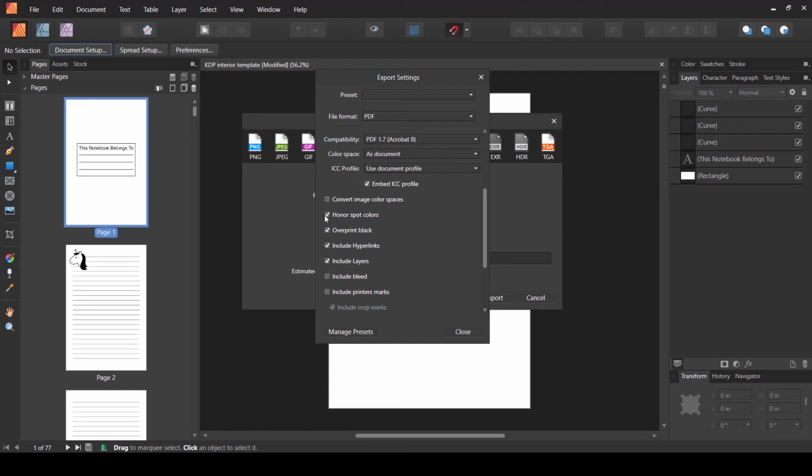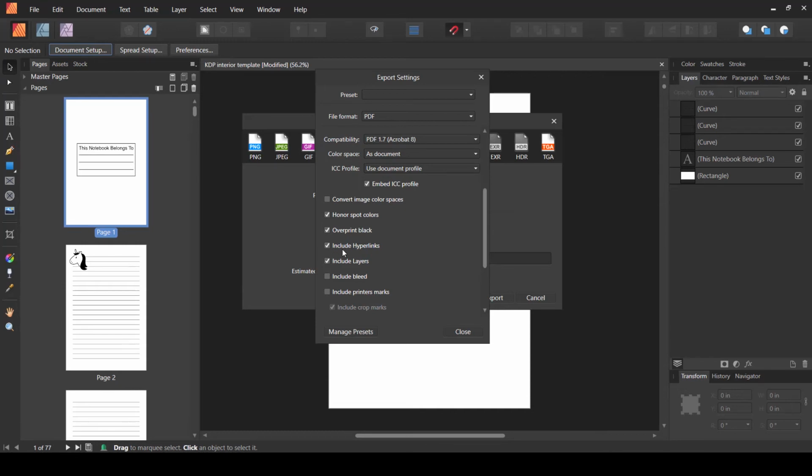But if you want to select it, just keep it as it is. Then overprint black. Now what is overprinting black? It means that the black is printed pure black when it is over any other kind of color, maybe non-black color. No, we are not talking about the gray colors, we are talking about the different colors, red, blue, green, any kind of thing. So that's mostly irrelevant if you are using black and white interiors.